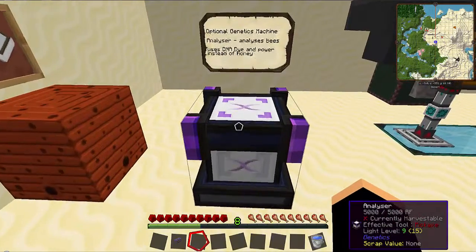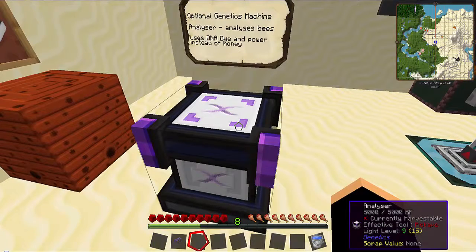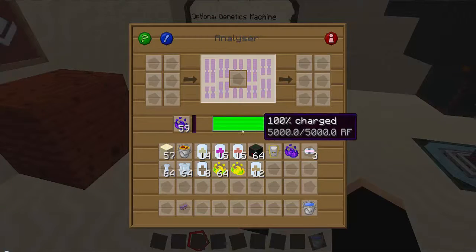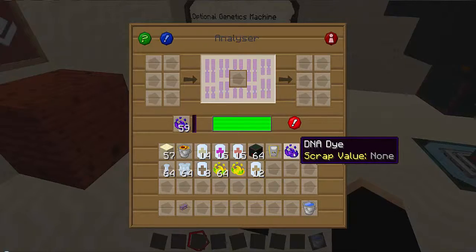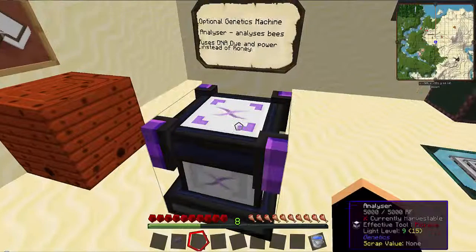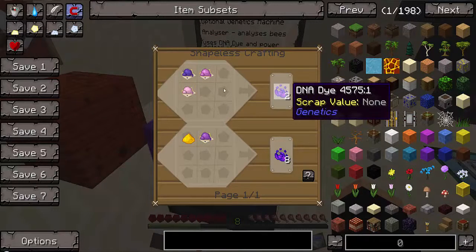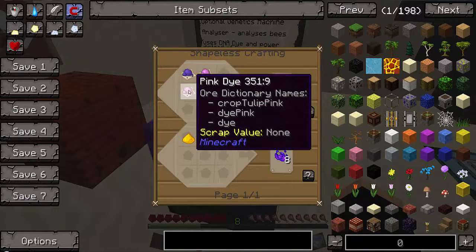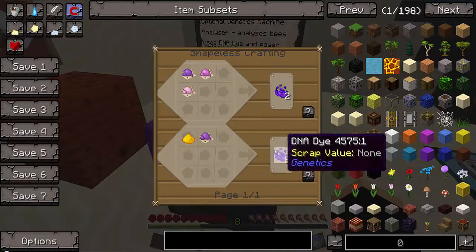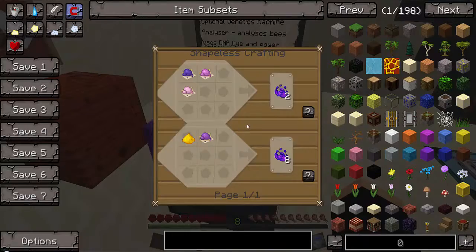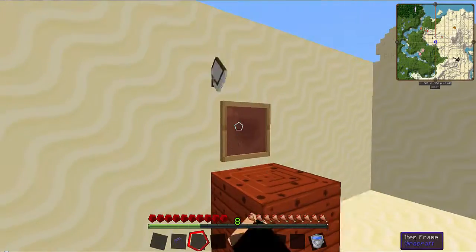The second block we're going to look at is the analyzer, and very simply it analyzes bees, and this requires, besides power, DNA dye. There are two recipes for DNA dye. You've got one that gives you 2, which is just 3 dyes, magenta, purple and pink, or you can put indigo in there instead, or there's one that gives you 8, which is better, which is purple and glowstone. And quite simply all this does is,